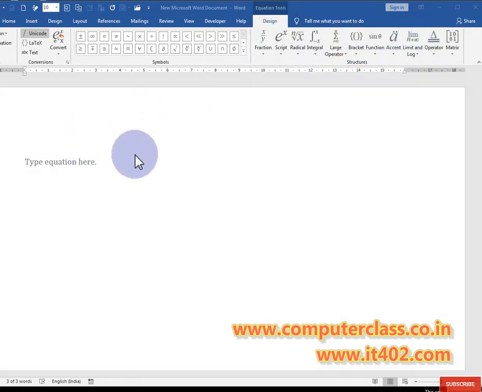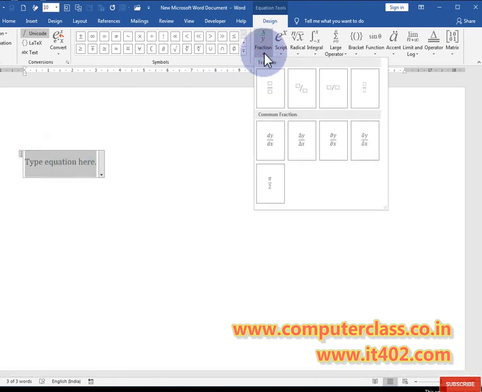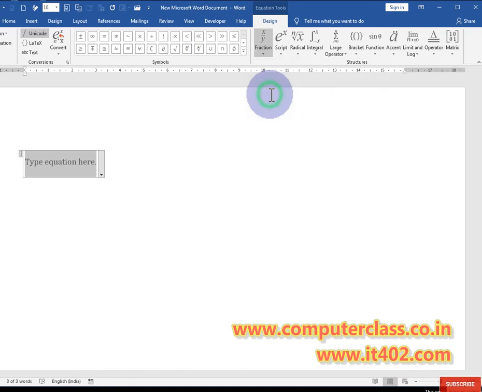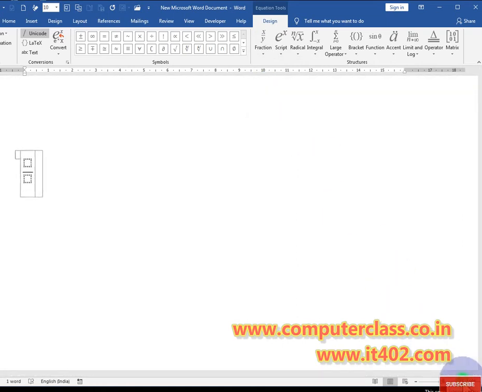For example, if you want to write something in the form of fractions, click inside the blank equation, click on the fraction option, and here are lots of options. You can select any one like that.